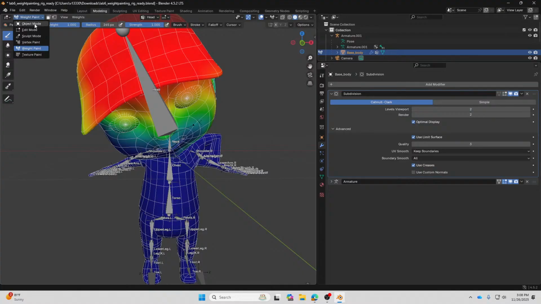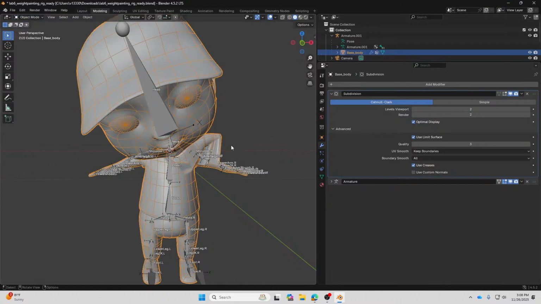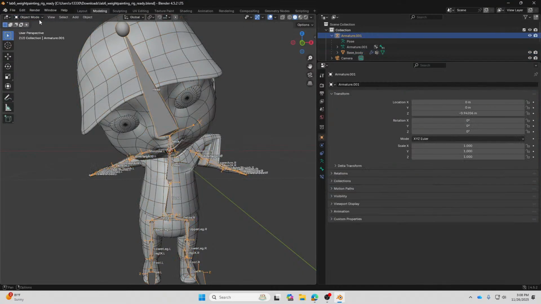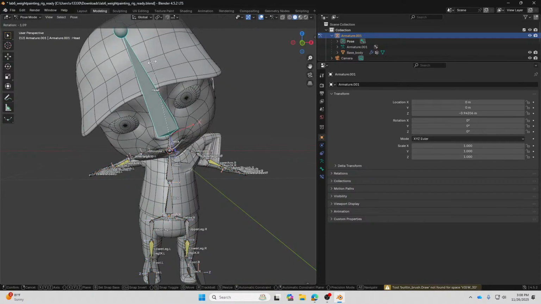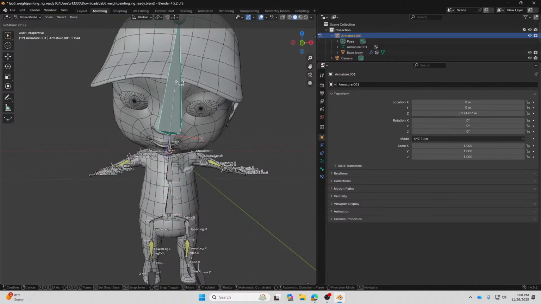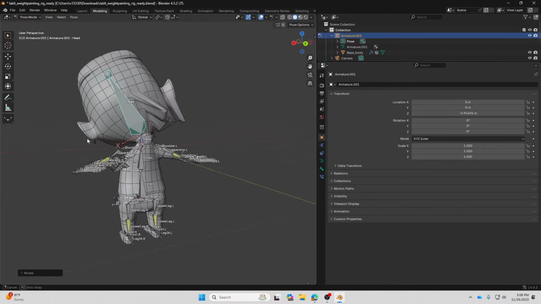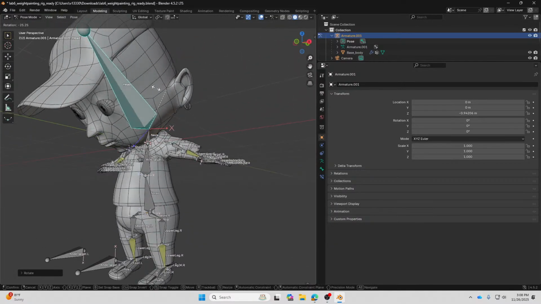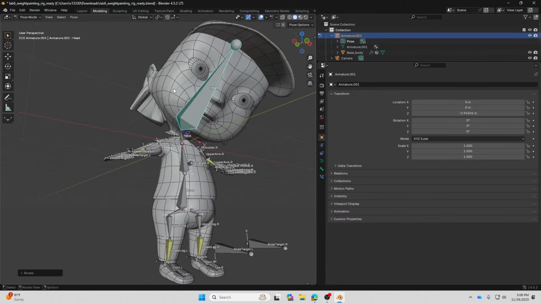And now you go back to pose mode, and every time you move the head, the whole body moves as well, and your model is all distorted. You're gonna cry and feel pain because I didn't tell you, but actually I'm telling you now.